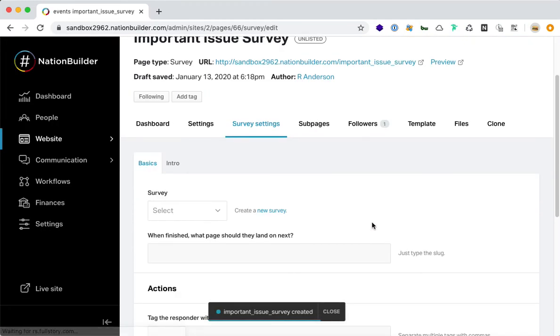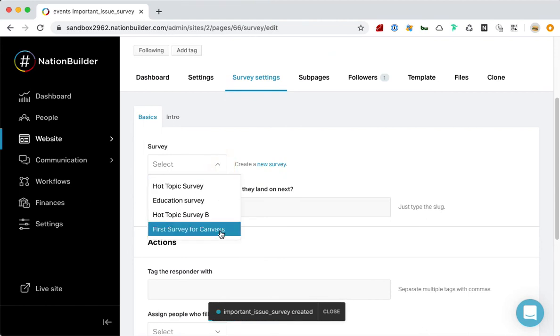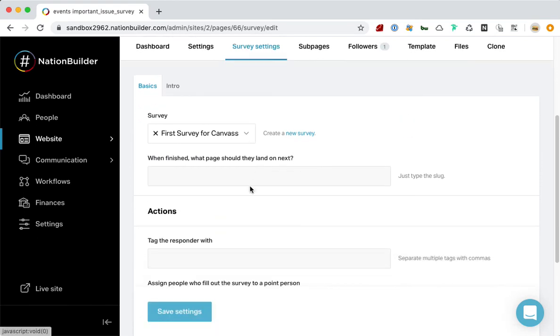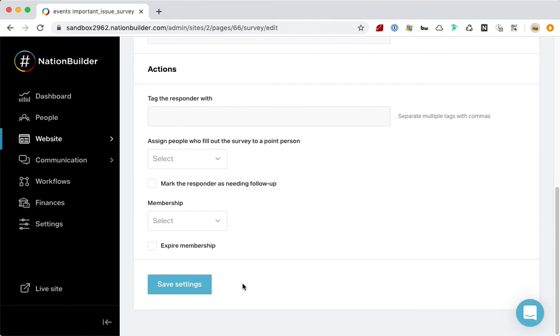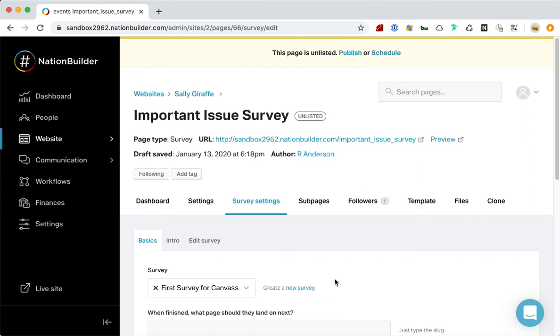Alright, so there's just one last step, and that is selecting the survey. So here, this is the one I recall, first survey for Canvas. So I'm selecting the survey which is created. We don't need to worry about any of these actions here. And now I'm going to click Save Settings. Alright, and that's it. That is the full process,